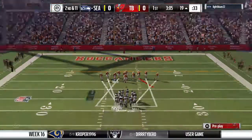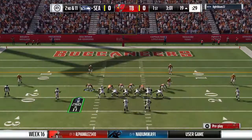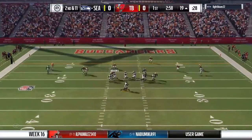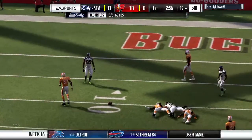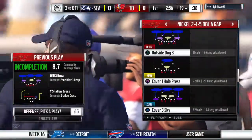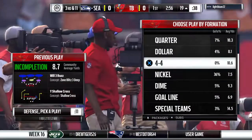Clock rolling as we hit the midway point of this first quarter. And some extras coming up on the line here, readying for the blitz. Throwing now is Bortles. And the hit jarred it loose. It's incomplete. Just looking at it from a defensive perspective, when you break the huddle in the red zone,